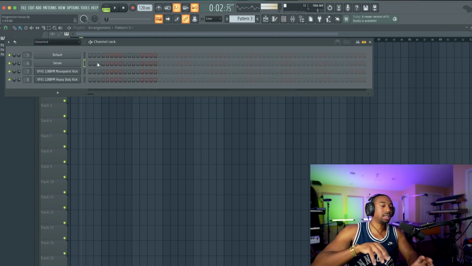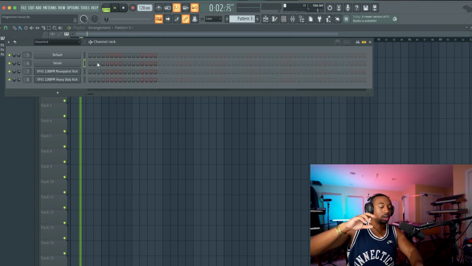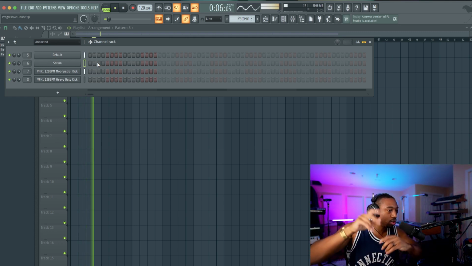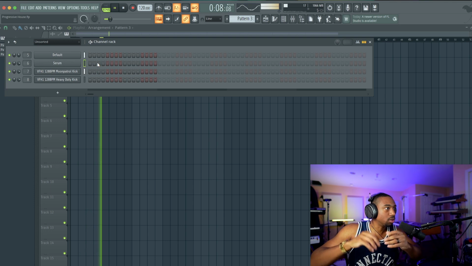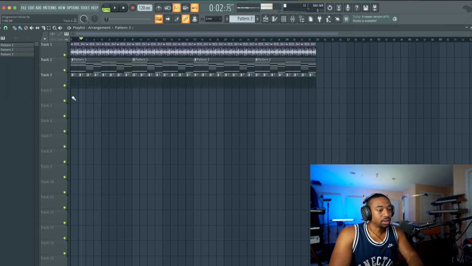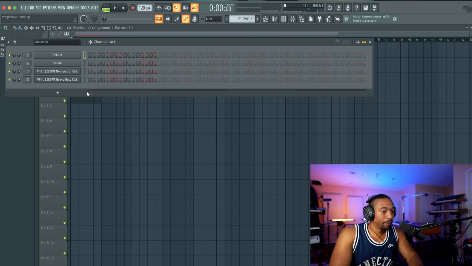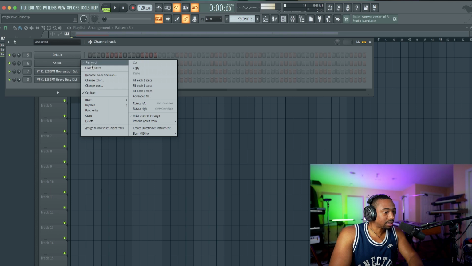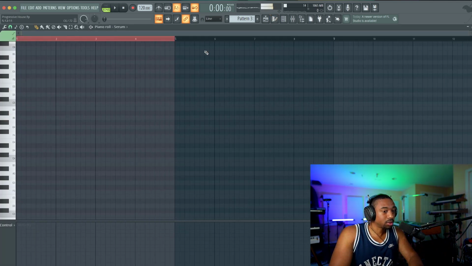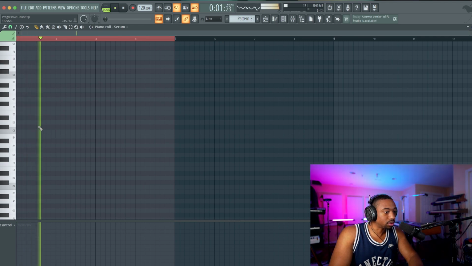Now, usually the way they do this is they'll do it like call and response. Like they'll do stuff like that. So it's like call and response. So the pad is the call, and then the response is, we can call it an arp, but it's not necessarily an arpeggio. Okay. So we're just playing the chord. So it's 1, 2, 3. Dun, dun, dun, dun.